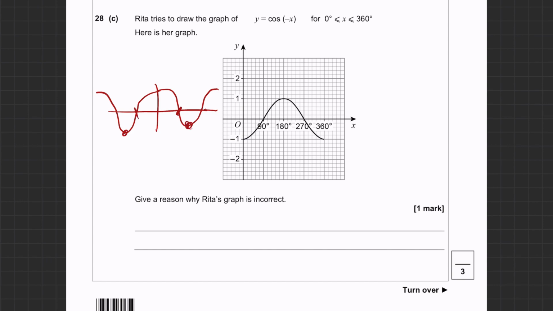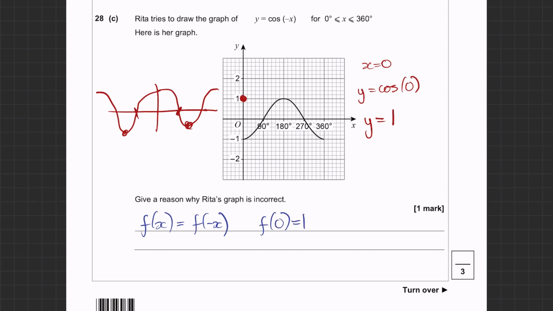But one nice reason, if you input, for instance, x equals 0, so when x is 0, y is cos of 0, you'll note that cos 0 equals 1. So 0 is the same in either value. So if cos of 0 equals 1, then the graph must start here. You're going to have to put this into your own words mathematically. I'd say f of x equals f of minus x. But you can also say f of 0 is 1. So therefore,